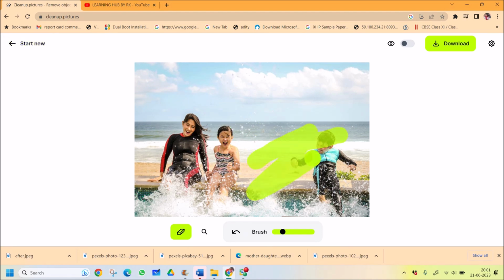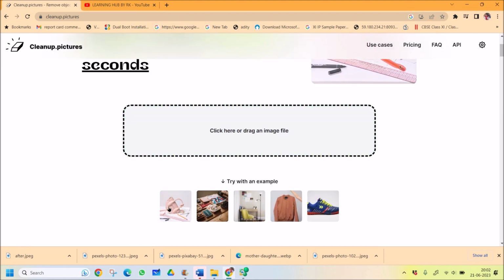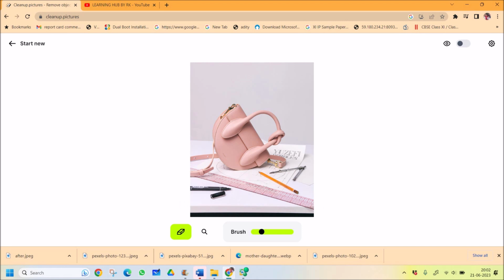Okay, so let's try to do one more here and remove this one also. See how amazingly it has done. So there are so many things that you want to remove from the picture, so you can do it very easily. You can also take a sample picture here, and you can see here, for example, I don't like this